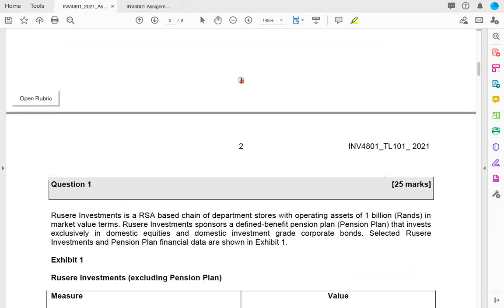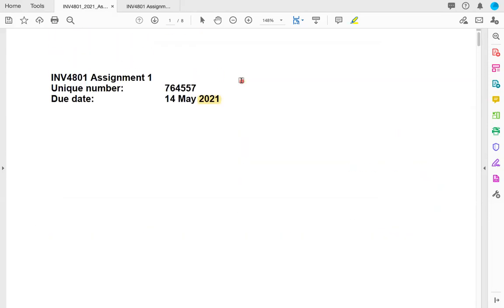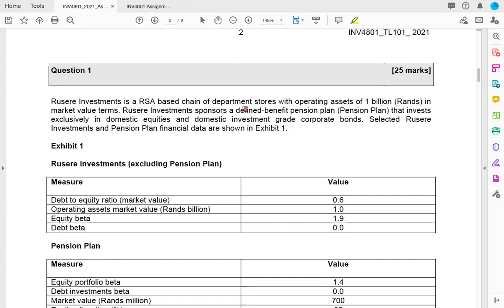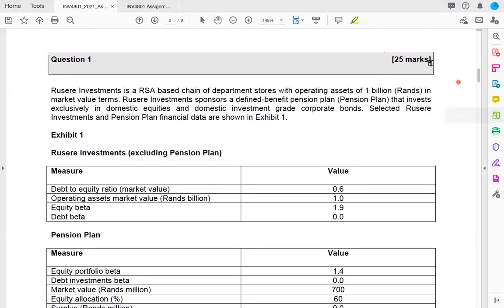Okay, so we're going to go through this assignment. We'll start with question number 1. As usual, when you're going through these questions, it's always important to read the question carefully before you attempt it. So I'll read this question and then we'll go through my solutions and we'll be discussing. It's a 25-mark question. It says,